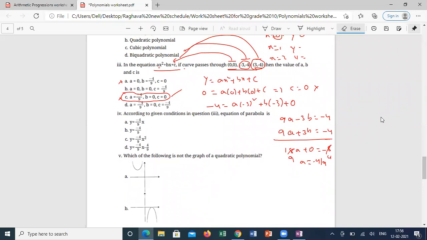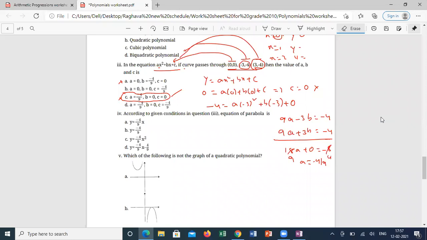Anywhere, if they are saying this point or this value is satisfying that particular equation or polynomial, or lying on that curve, then if you substitute those values, it should give LHS equal to RHS. In case of equation, it will be equal to 0. In case of polynomial, that is a zero of the polynomial. Is it clear? Yes, sir.